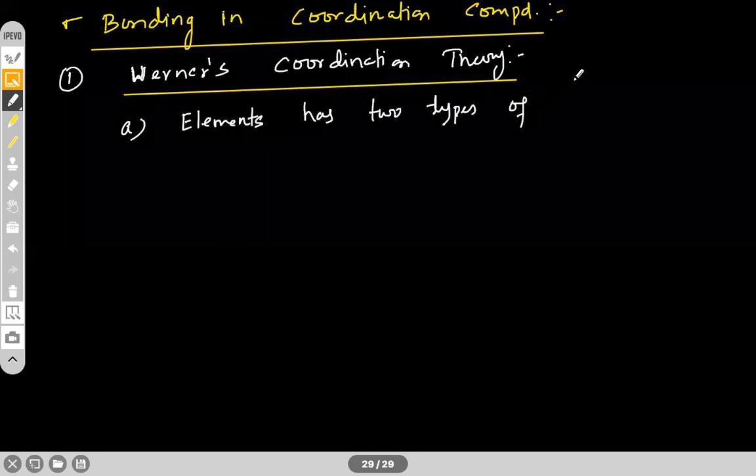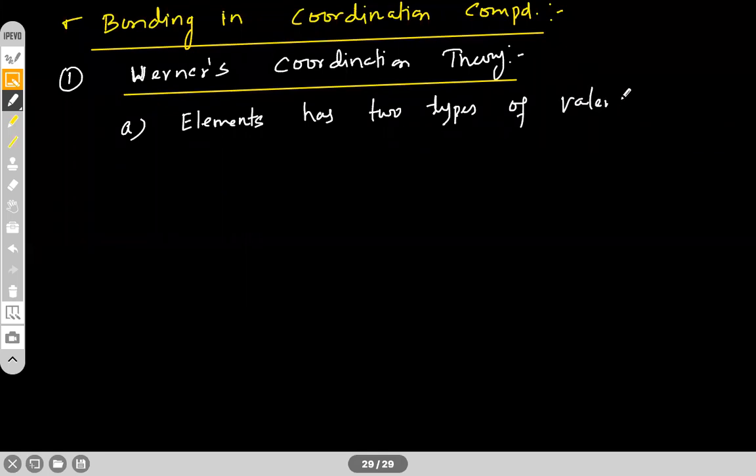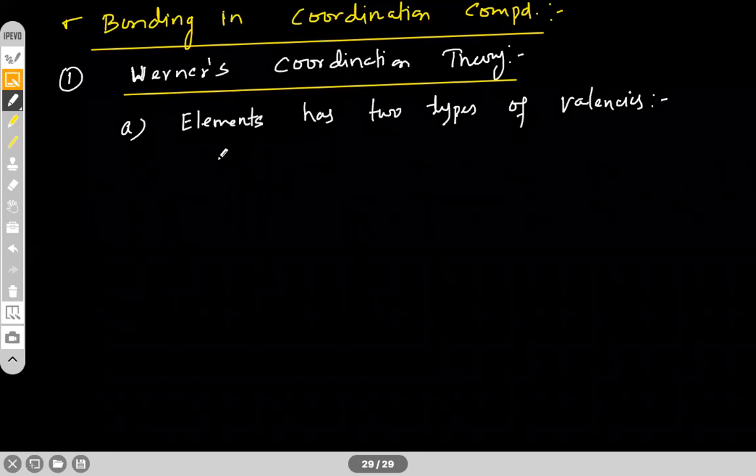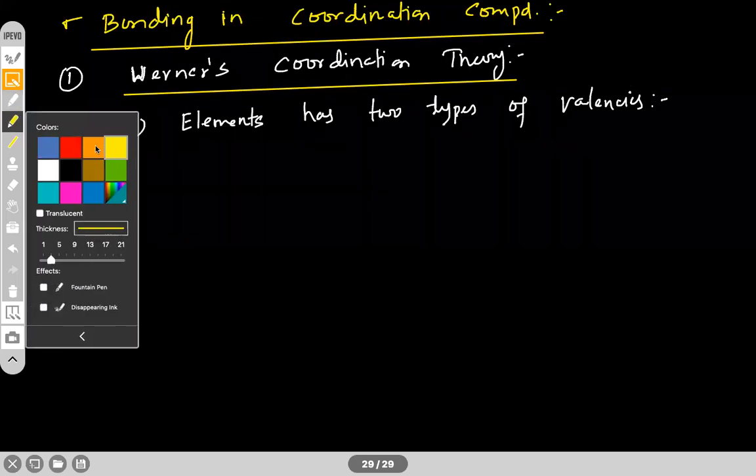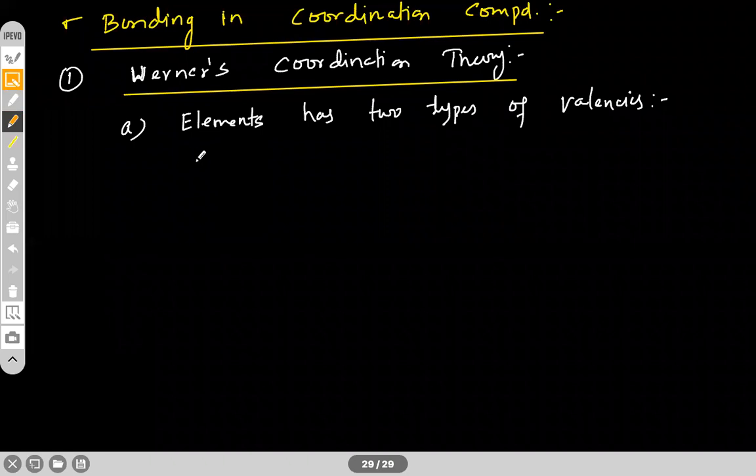Two types of valencies. That is, we'll have a primary valency,